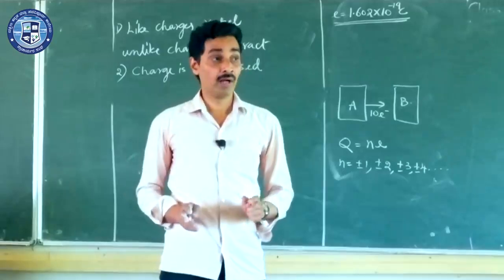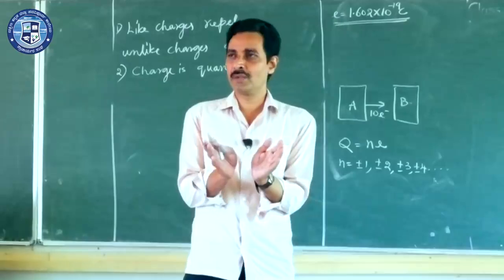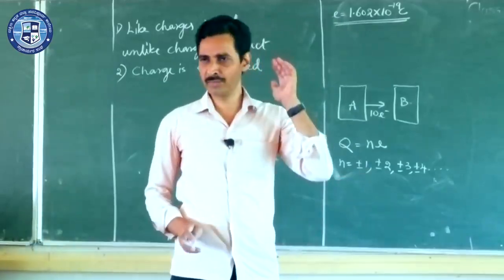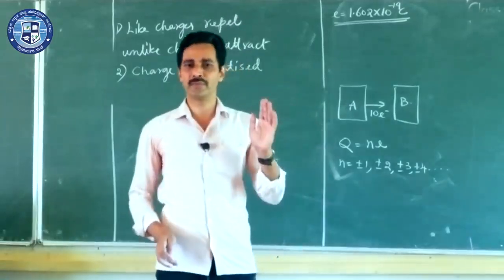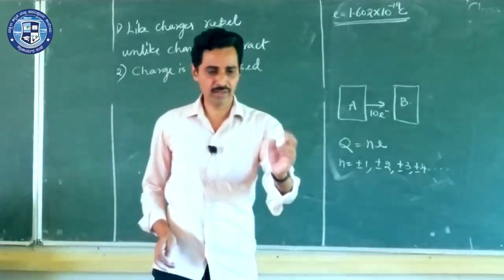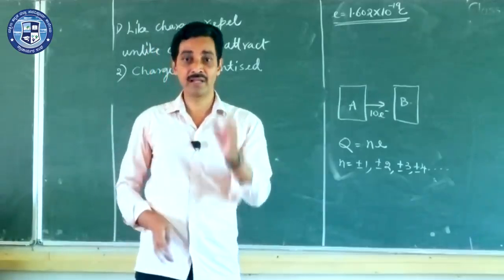Electron is an electron. Whereas on the other hand, if you take a proton, a proton is made up of other basic elementary particles like quarks. But an electron is not made up of such elements. An electron is an electron, and it is not made up of other basic particles. So if you want to add electrons to or remove electrons from a body, you have to add or remove them in the form of numbers only.